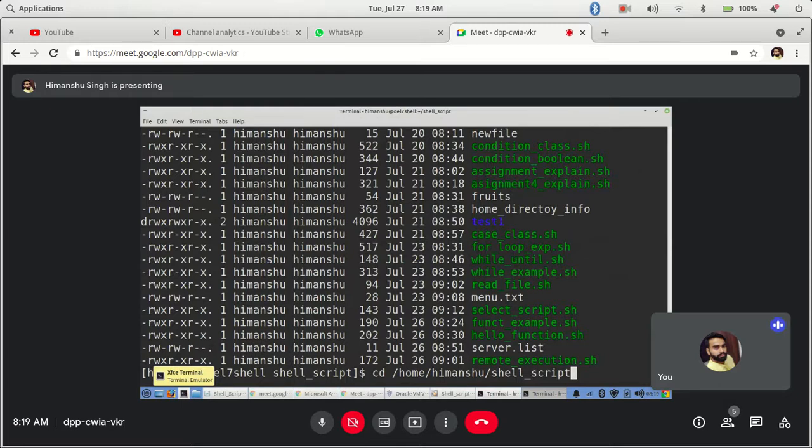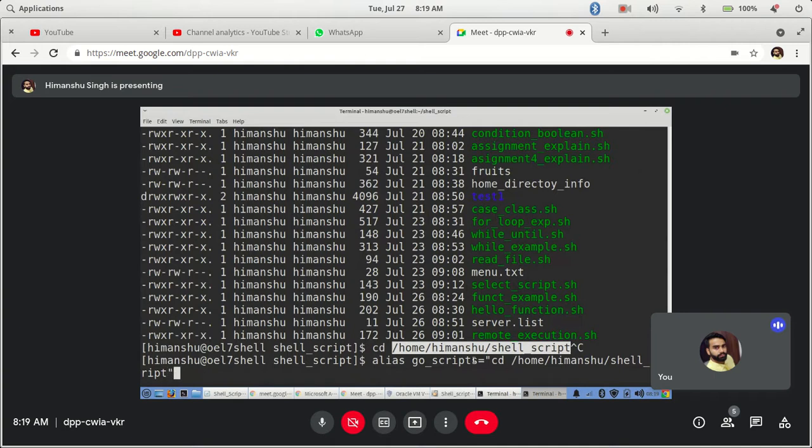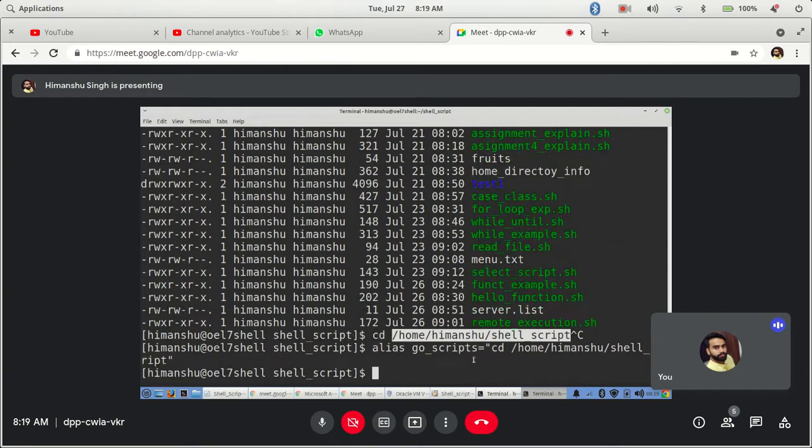So what I will do, I can simply say alias, and I can give any name, go scripts equal to, cd and this path. Now what I have defined is alias go scripts.